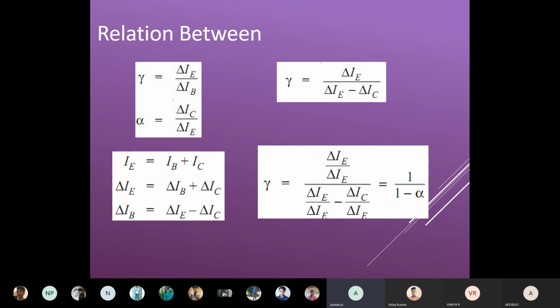Anyone? So what is the gamma equation? What is the gamma equation? 1 by 1 minus alpha. 1 by, no. So don't go that one. I'm talking about this equation. Base equation is